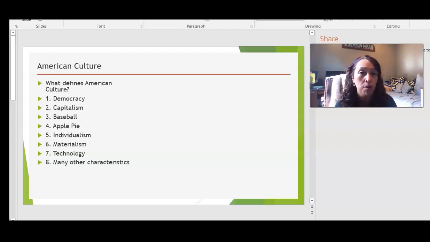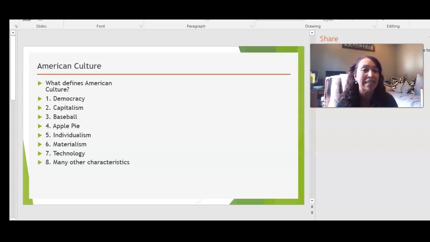All of you in the class are American. You have a lot of different other identities. You might be Latino American, right? You might be Afghan American or Asian American. But you have that American culture there. What are some of the characteristics or traits of it, right? And I put some here.